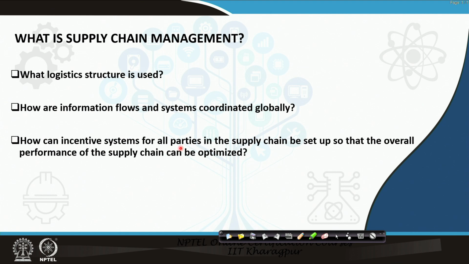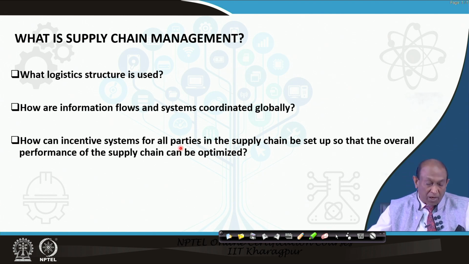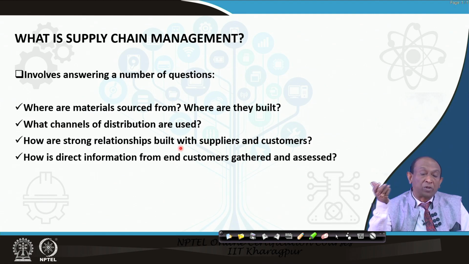Basically, when we look into the details of supply chain management, we will find answers to questions like what logistic structures should be used, how information flows and systems are coordinated globally, and how incentive systems for all parties in the supply chain can be set up, so that the overall performance of the supply chain can be optimized. Then supply chain management also involves answering a number of questions like